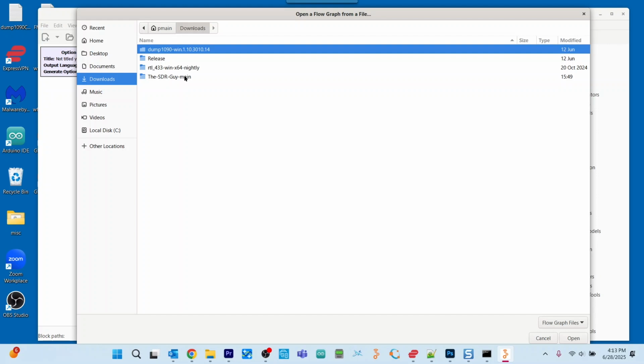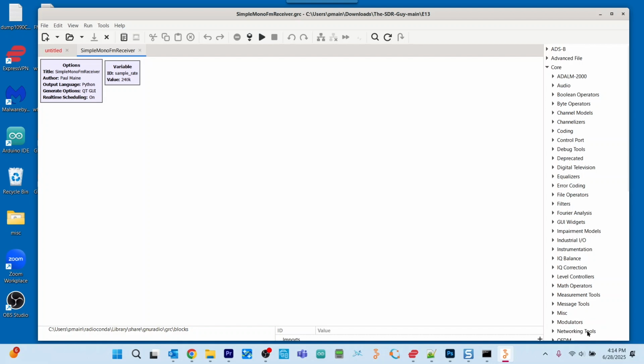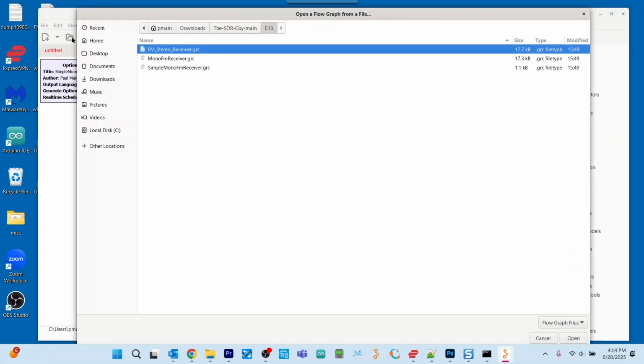So let's open that. Then our current episode is episode 13, so let's drill down into that. And the first thing we're going to do is load the simple mono FM receiver. So we'll come down here, click on Open, and there we have that. And next we're going to select the mono FM receiver, click Open,